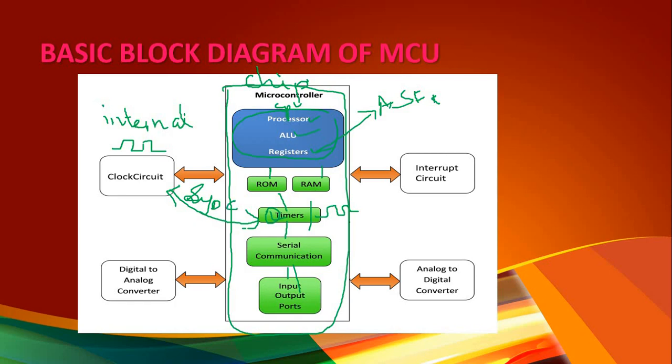The serial communication is otherwise known as RS-232. If I'm using a number of microcontrollers in a device, it will enable one microcontroller and serially it will enable the other microcontrollers also. This is the work of serial communication, to give a communication serially. Next one is the I/O ports. What are I/O ports? These I/O ports have some ports,